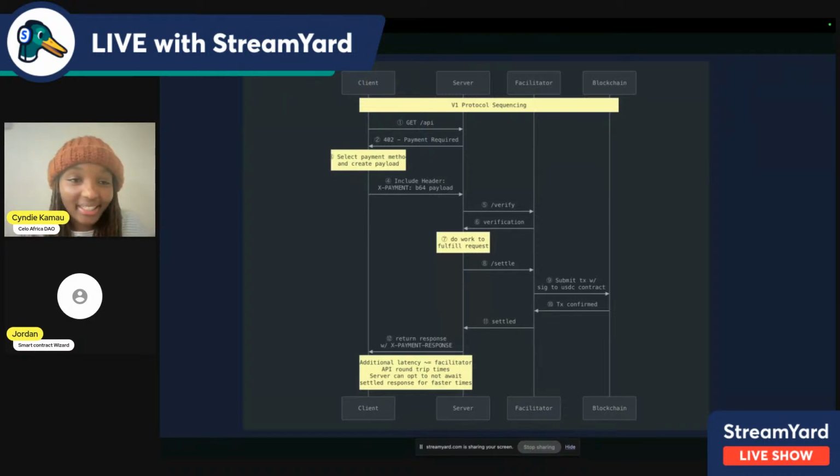In case you've joined in right now, we're just currently talking about the architecture of the x402 payment protocol system. Right now we have four parties which are very essential in this whole payment flow: the client, the server, the facilitator, and then the blockchain. So that we can connect this properly,